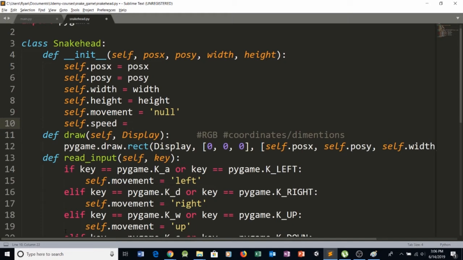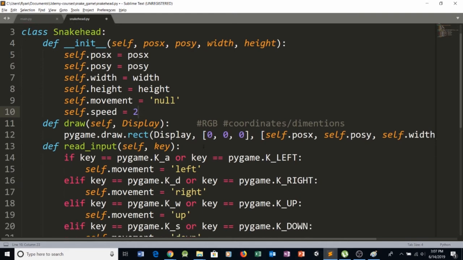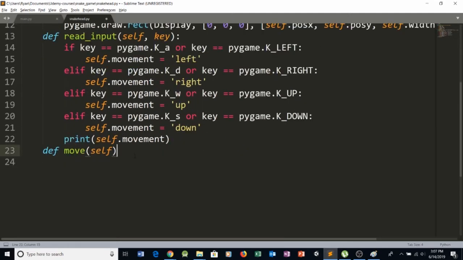Let's try and make it equal to 2, because I don't know how it's going to go. And say if self.movement is equal to, let's say, right,